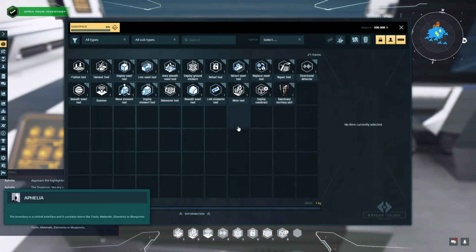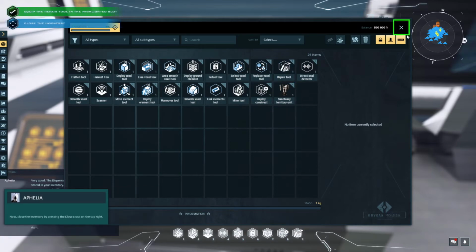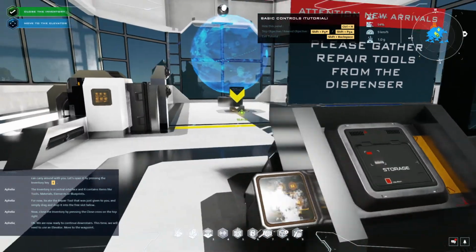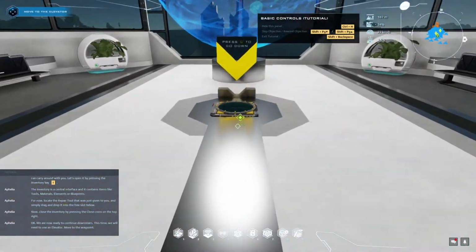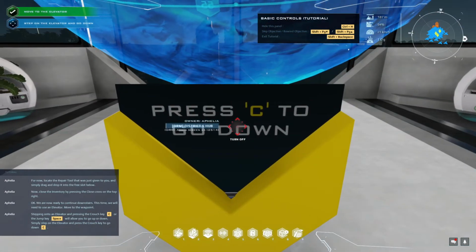The inventory is a central interface and it contains items like tools, materials, elements or blueprints. For now, locate the repair tool that was just given to you, and simply drag it. Now, close the inventory. We are now ready to continue downstairs. This time, we will need to use an elevator. Stepping onto an elevator and pressing the crouch key or the jump key will allow...